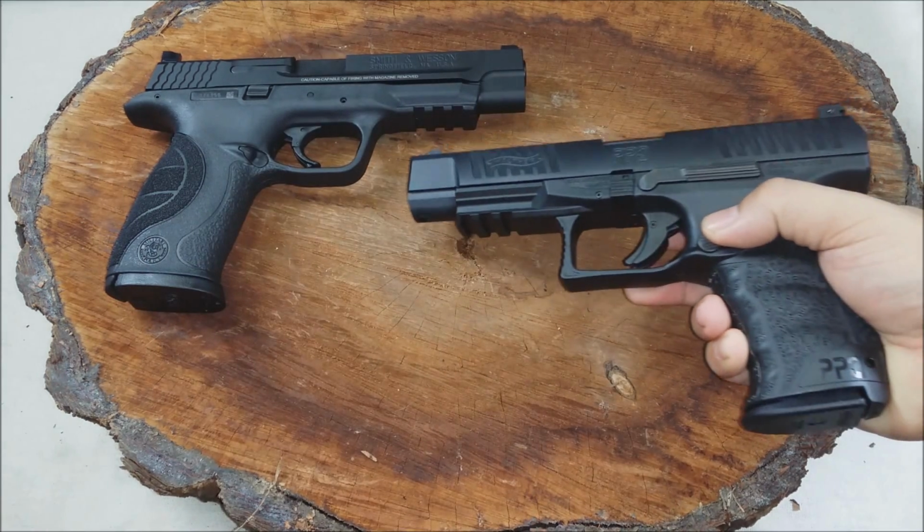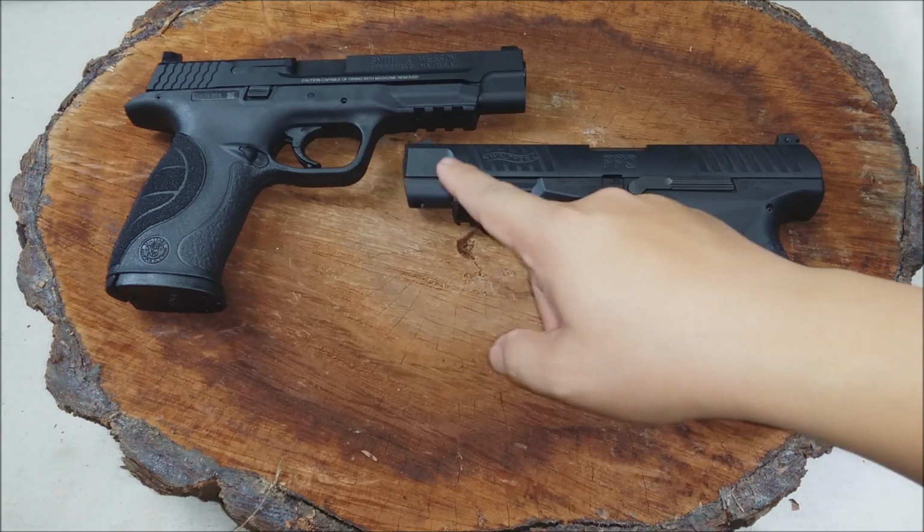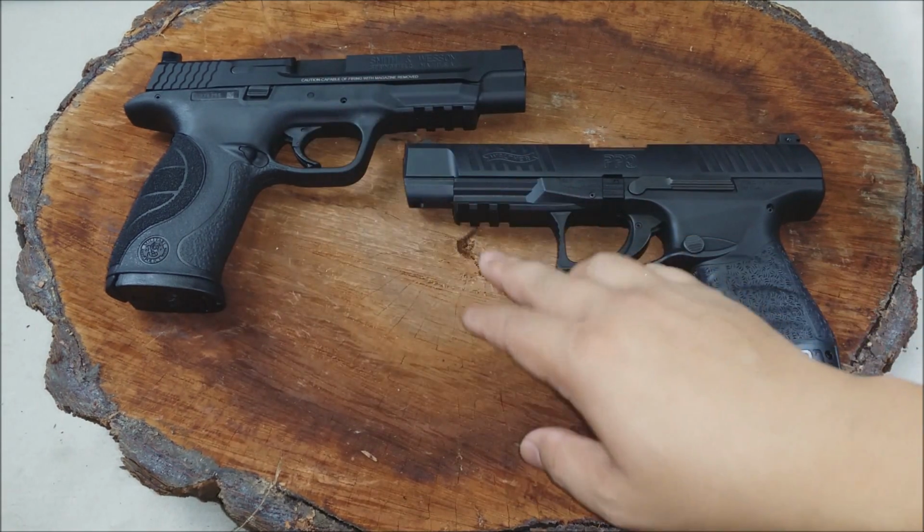I've seen multiple competitors use them. I guess my only advice would be to pick what's right for you, because I think you can train yourself into one way or another. But as always, you want to make your journey as easy as possible. So whatever's going to give you the least amount of resistance, I would say go on that path. But so you would have to use the sight mount, or the slide mount here, and then a rail mount